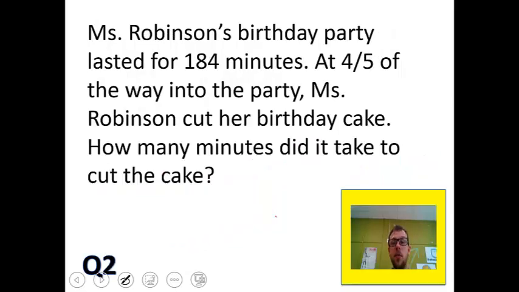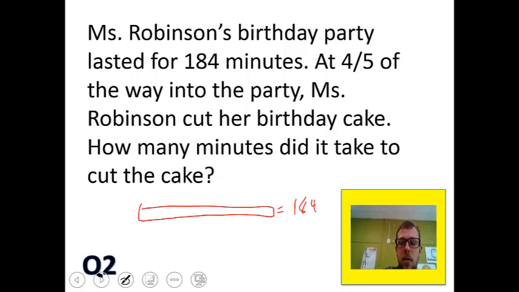Alright, Miss Robinson's birthday party lasted for 184 minutes. At 4/5 of the way into the party, Miss Robinson cut her birthday cake. How many minutes did it take to cut the birthday cake? So I'm going to draw my 100% bar. I know it's 184 minutes. Alright, so I'm going to split this into 5 groups. And apparently she cut the birthday cake without me